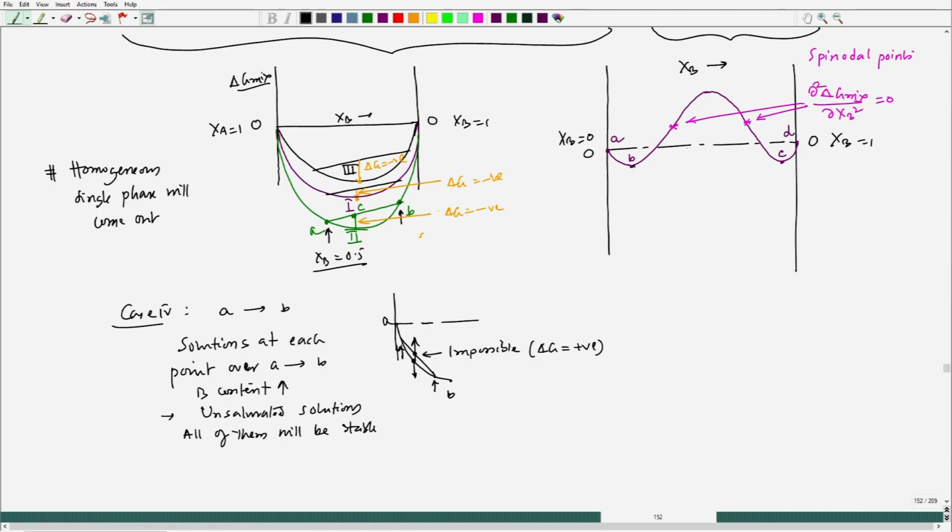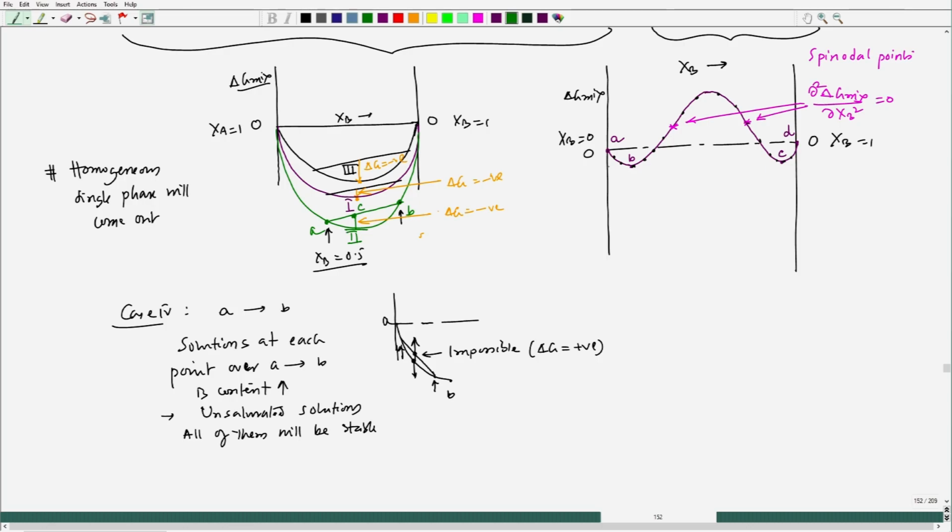Let me just see what will be the speciality of B and C. If I take a tangent at every point of that delta G mix versus x b plot, I keep having tangents at all the points, and we will see that for B and C, if we do a tangent here,